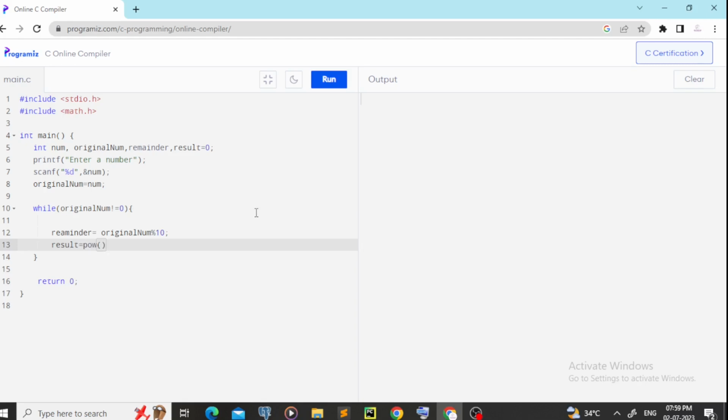POW, this is the function for cubes. Our remainder comma 3. Okay, pow function is used to get the cube of our remainder. Okay, cube value of the remainder. So now we have our remainder and we have our cube value. So next is result, after our original num, we have to